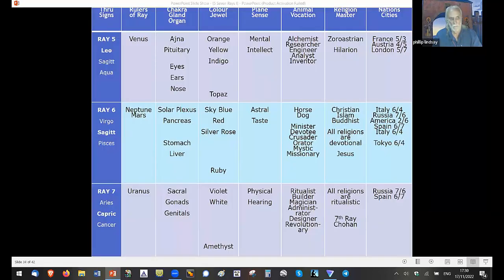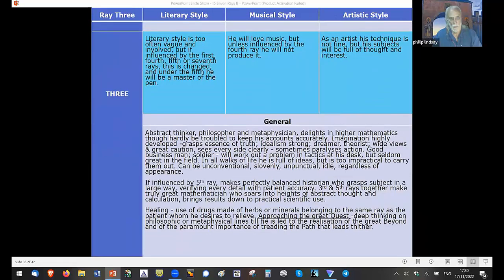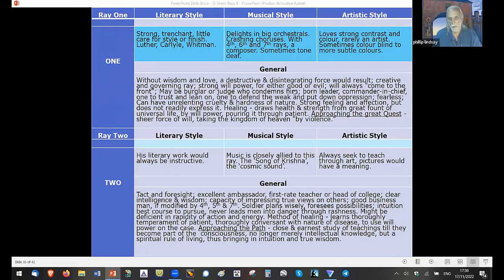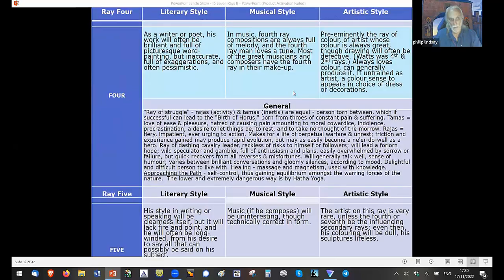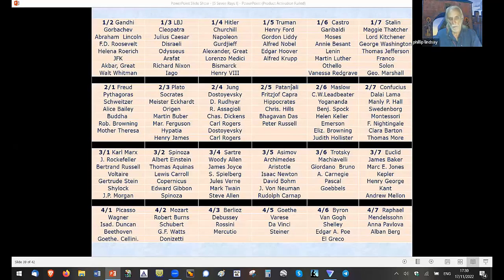And then next week, I'd like to go into this tabulation of the 7 rays and the literary, musical styles, artistic styles, and so forth. Then after that, we'll go into various personalities in history, such as I'm showing you here. And I've done profiles of a lot of these, like Alice Bailey, Schweitzer, and various other personalities here. So I can add a lot more information, but you can see how these are the predominant rays, which were, by the way,